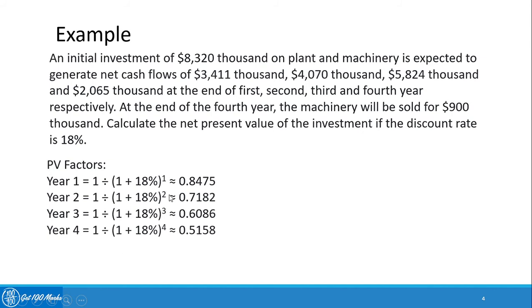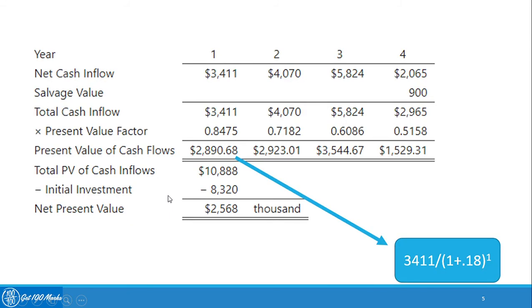You can do the numerical even otherwise without calculating the PV factor. Let's look at the solution here in the upcoming slide. It gives you the timeline of first year, second year, third year, and fourth year. Net cash flows are already given to you in the question, so these have been picked up from the question. Salvage value is the residual value, as we had discussed in accounting rate of return, which you get on the initial investment, which is 900. Since it's an addition, we add it to the last year, the year in which you get the residual value.